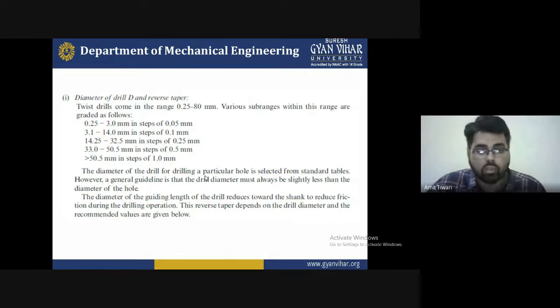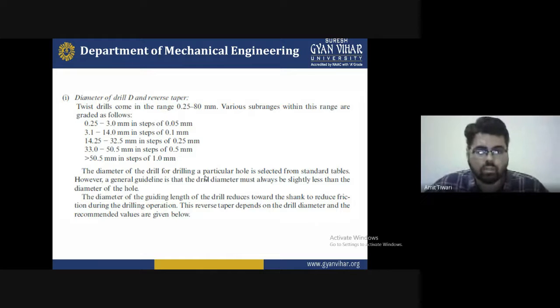So these are some conditions that will be offered. It is not only used as is; sometimes the condition will be reduced, sometimes it will have to be 0.25 to 3.0 mm in steps of 0.5 mm. So you have to put this type of range, and in between them the steps are required. So you must design for that. We do not require just our desirable condition. We have to design for some standard conditions which we follow.